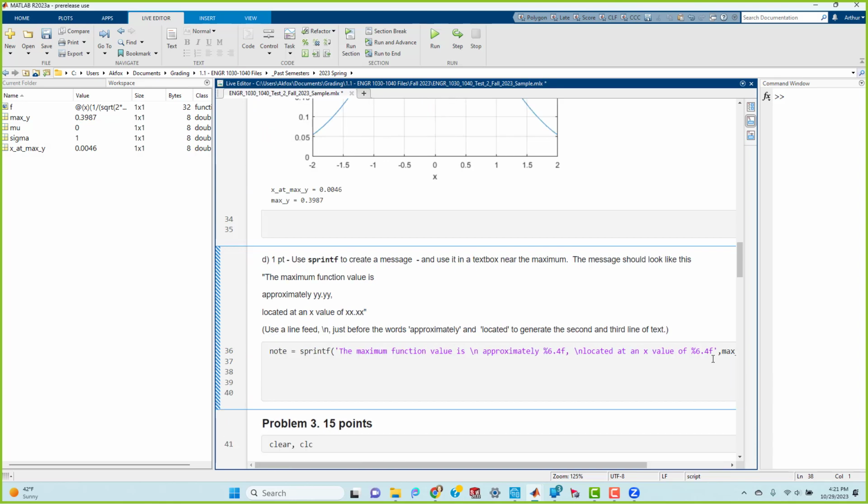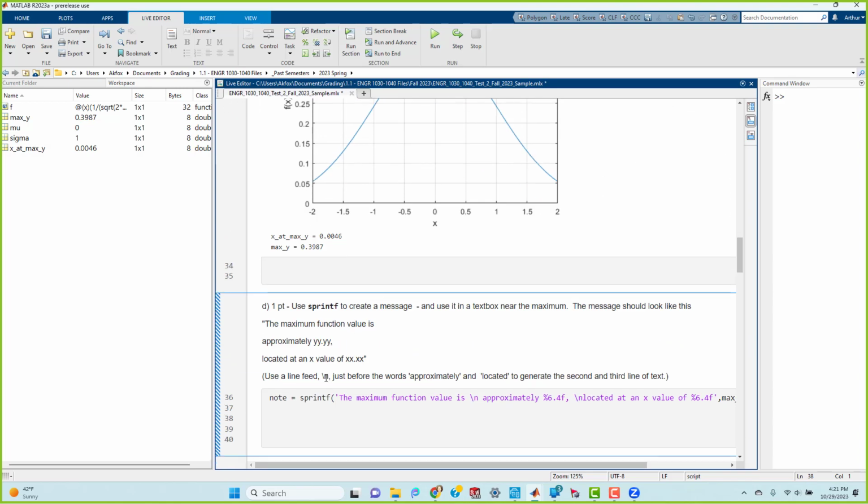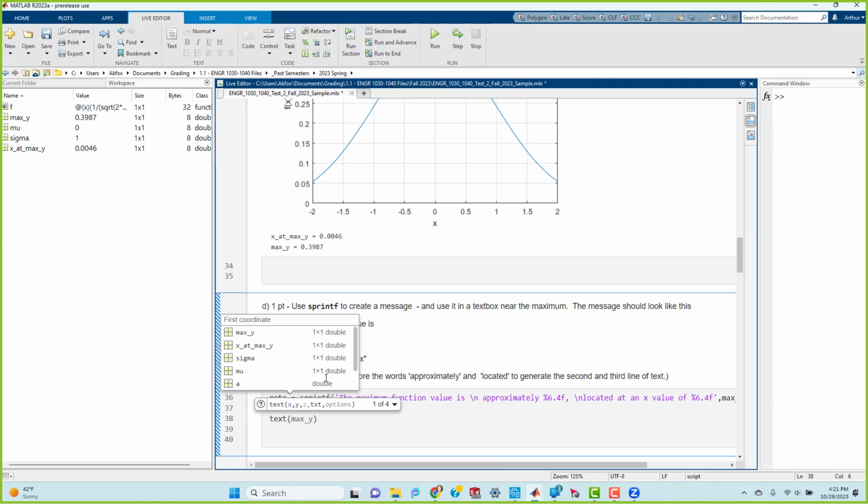Now when I was playing with this a little before, it might work a little better because I didn't do the axis thing, because you couldn't read it. But still, you could still manipulate the placement a little bit. So I did a text box. I did max Y. So my X, I shifted that just a little bit so it wasn't right on top of the dot. So I just added a 0.1. And then on my,